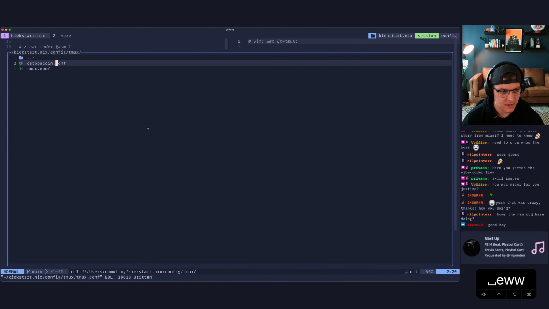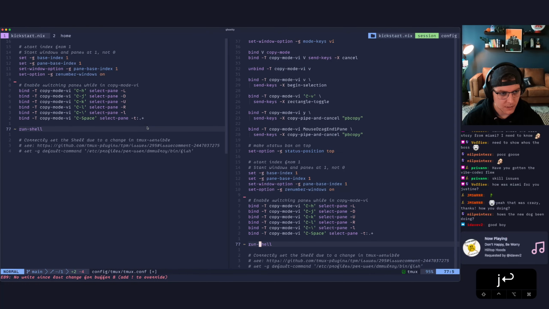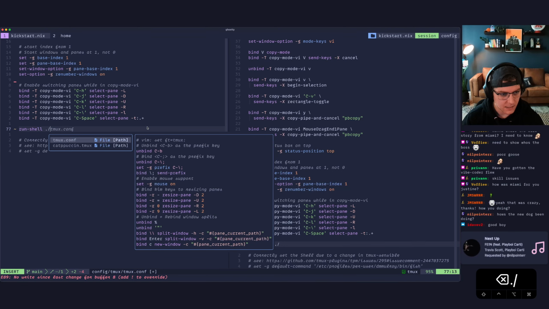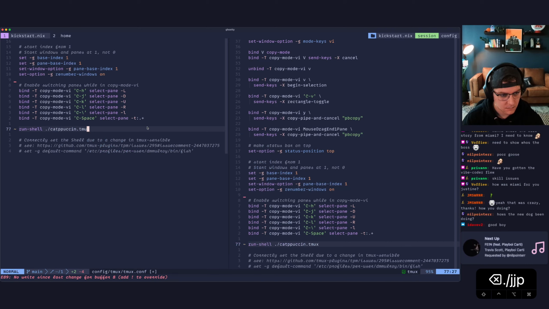We'll just rename this .tmux. And we'll go back in here, and we'll just do a // that. That should work, and that should get our Capuchin. And then we need to install TPM, which